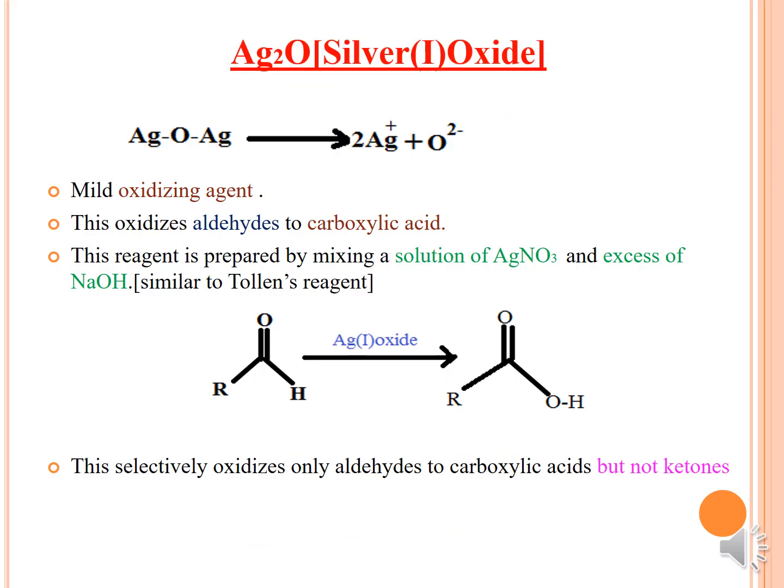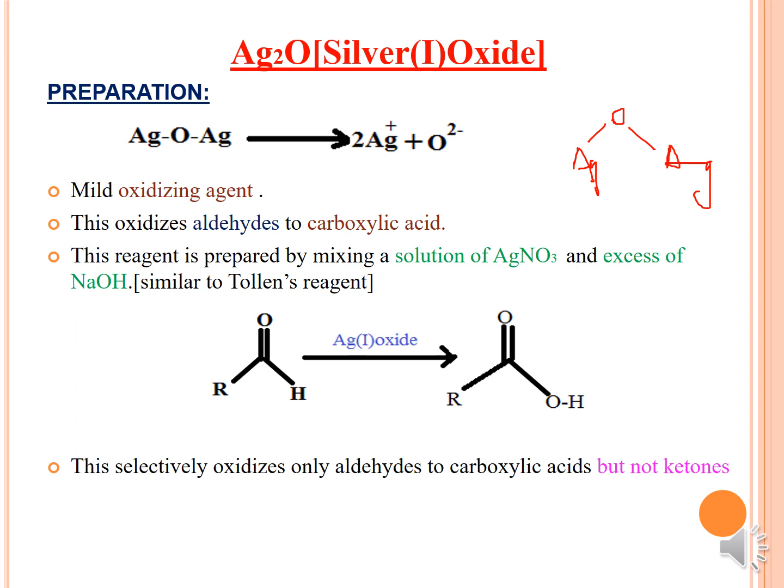Moving on to silver oxide. So what happens in this silver oxide is, in the structure, you know that Ag2O is nothing but Ag, then a bond, and then O, and you will get Ag again. One second, wait, I will write and then show. So in this structure it is like O, and then you will get Ag and then again Ag. Okay, that is your Ag2O.